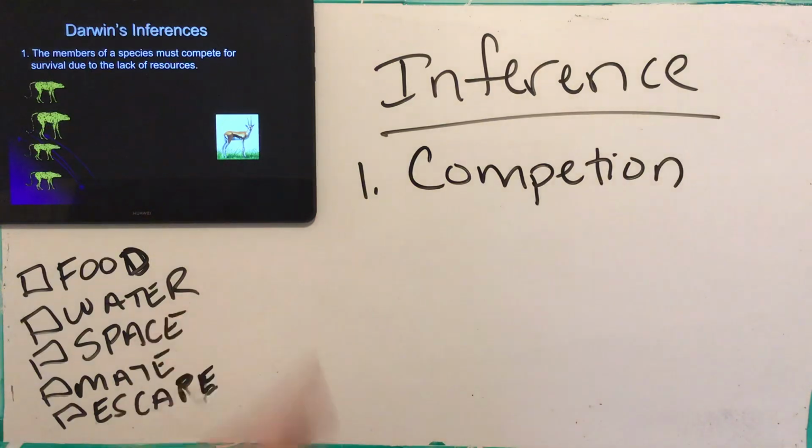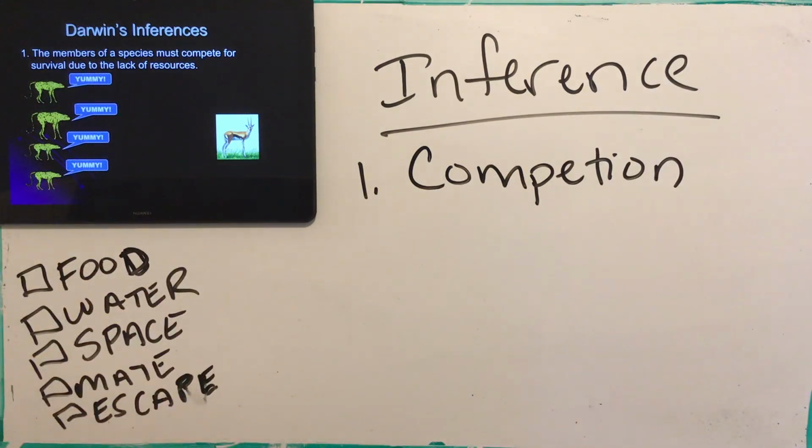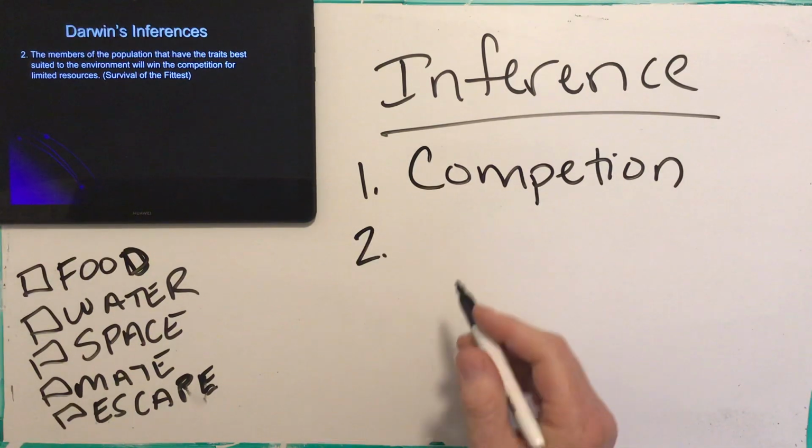So here we've got one antelope, right? And we've got 4 cheetahs here. And we can see the cheetahs: we've got 2 small, shorter ones, a medium-sized one, and a taller one. There's their food source, right? They're all thinking, yummy, food is at the top of the list. I want to have food today. There's my food. The next thing kind of addresses who wins the competition, right?